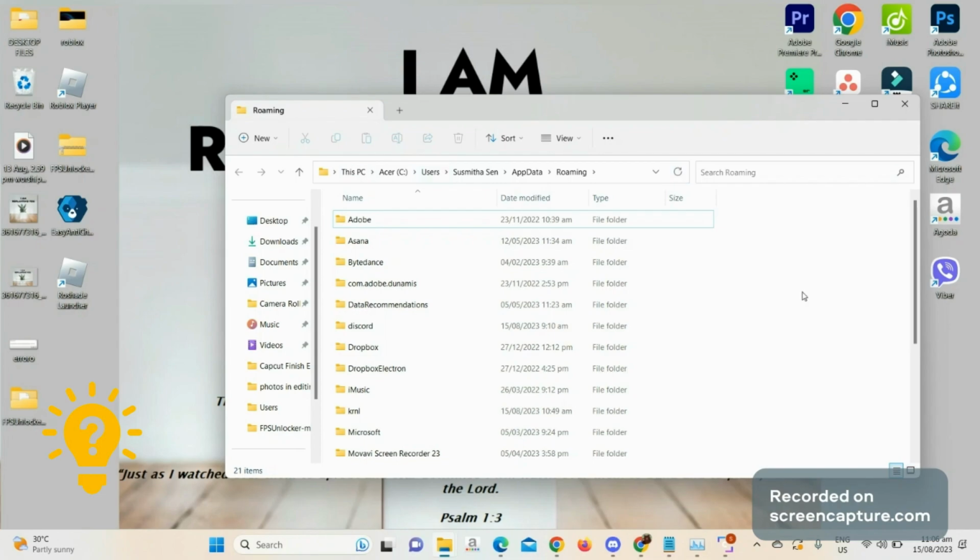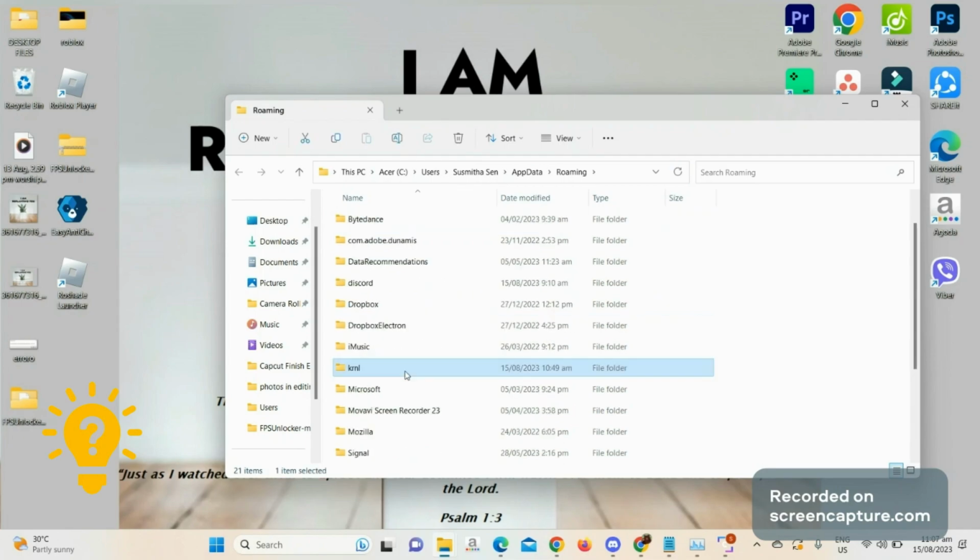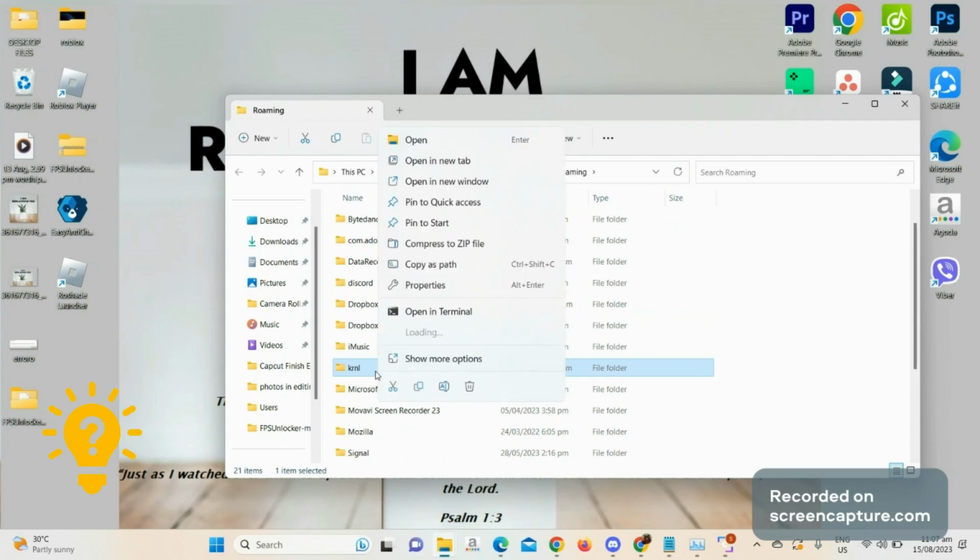After hitting enter, your file explorer will open up. Navigate to roaming, and already here in roaming, find the KRNL folder. Proceed to delete this folder